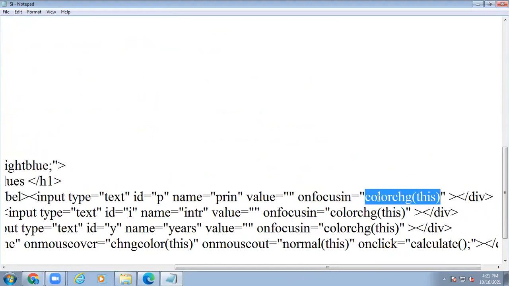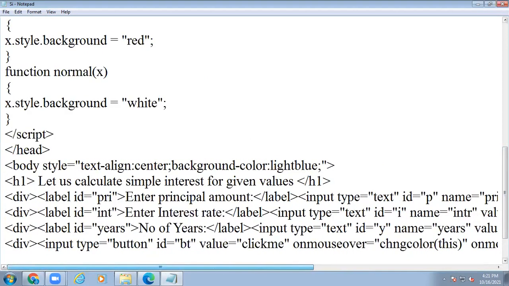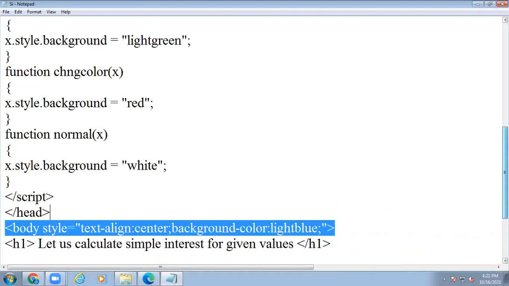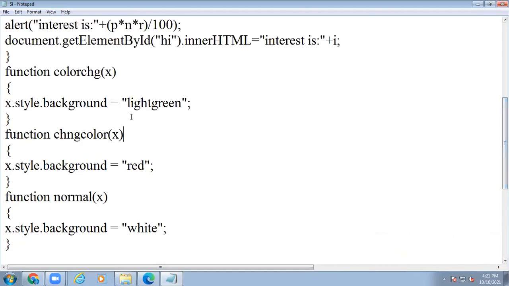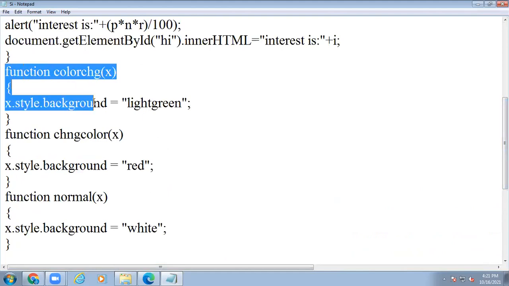The first thing we have to write is the color change function. How can you write it? See here, color change. Now I want to write the color change function.